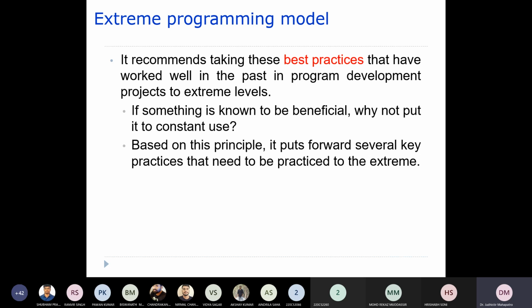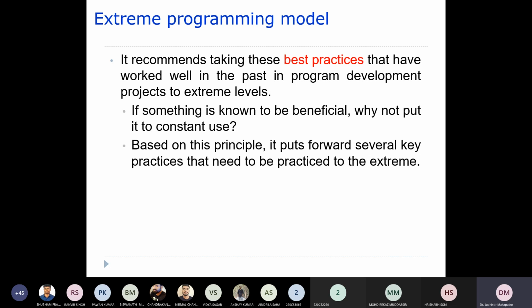So usually this model recommends that whatever practices have performed well in the past, we should use them again and again during our project development. That is one of the important recommendations by the extreme programming model.